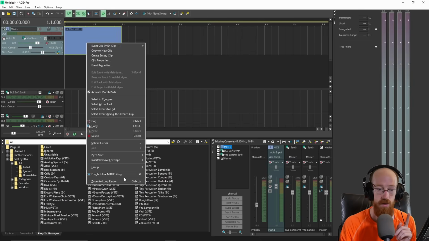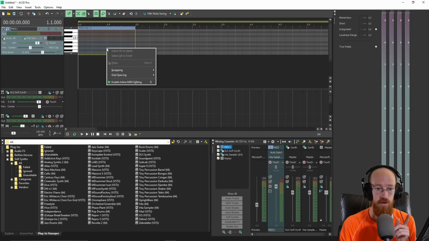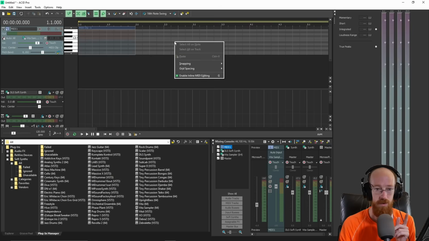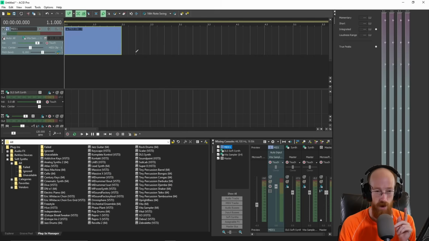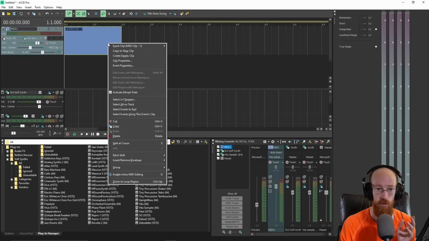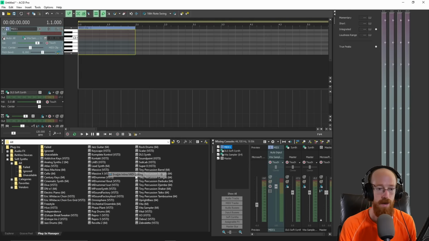So if you're in the other menu, so if we go back to Enable Inline MIDI Editing like this, here it is, you'll see that it is no longer here. I believe if we click outside of it, no, that doesn't work either. Yeah, you have to click while you're in this area because you need to tell Acid you want to use the Morph Pads and activate Morph Pads. So that's where that's at. Make sure it's ticked so you can do it. Okay, so we're going to go back to